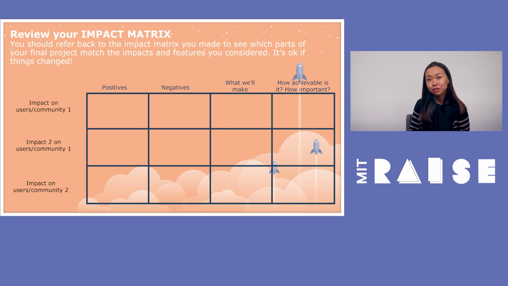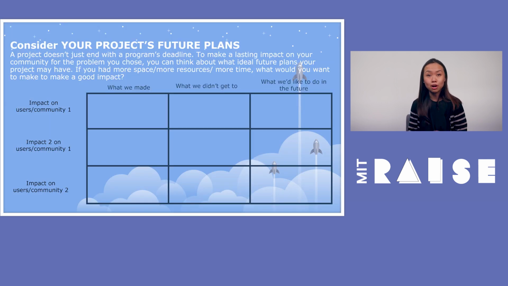But you want to go back to your impact matrix because perhaps after you finish your implementation of your project, now your project might look a little different, right? So you want to compare your impact matrix to this new matrix of your project's future plans. So here, what I added in here is some sections to get you to think about what you set out to make, right? What impact you tried to have and what impact you wrote in the impact matrix. What your project was actually accomplishing, so what you actually got to do, what you actually implemented.